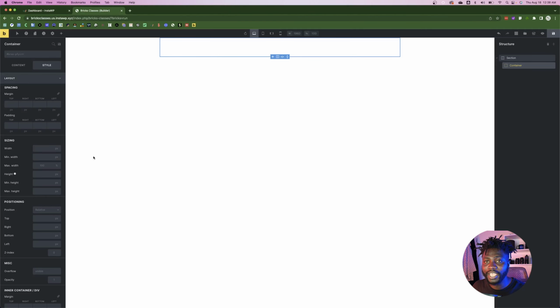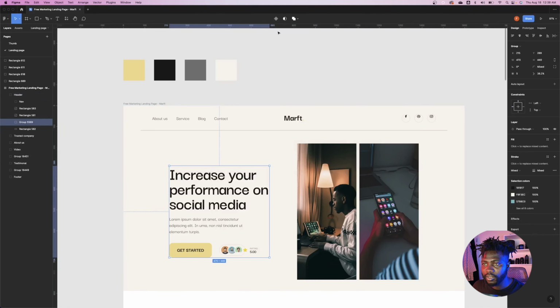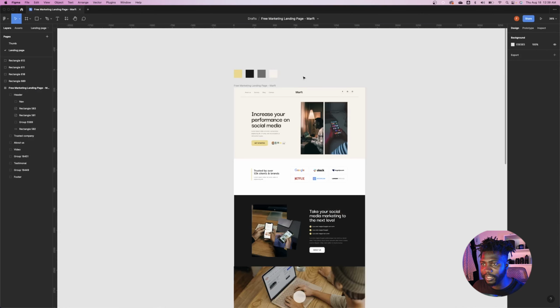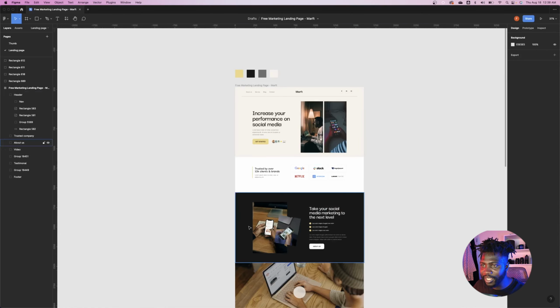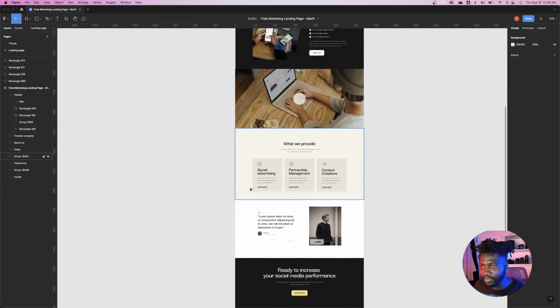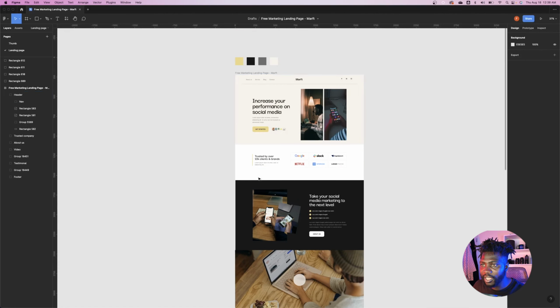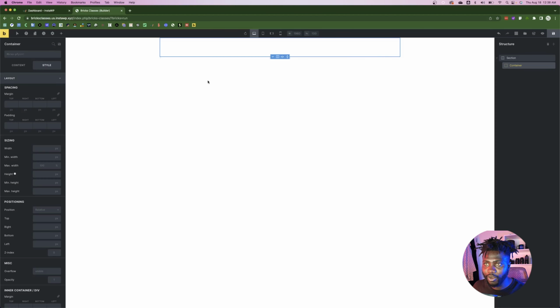All right, so container from the Figma file. Let me zoom out so you can see something. So as you can see, everything is within this very container. It's a full width. The main Figma file is 1440, but the container length is not 1440. It is 1170. So that is what I'm going to do. So this container is going to have a width of